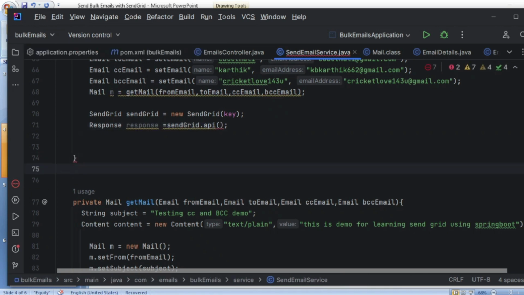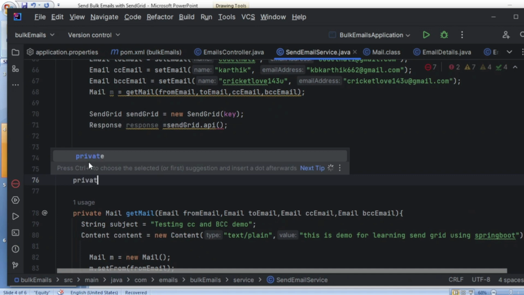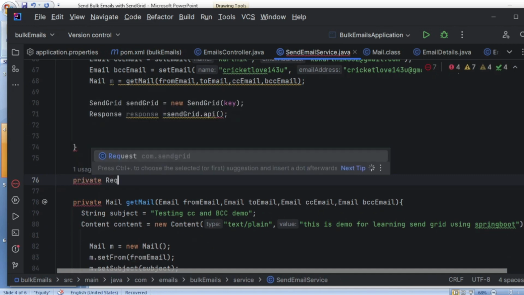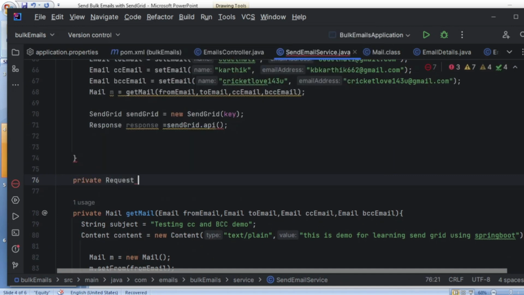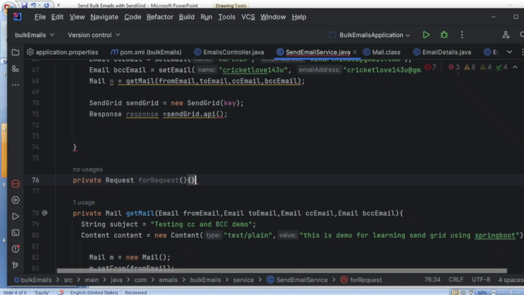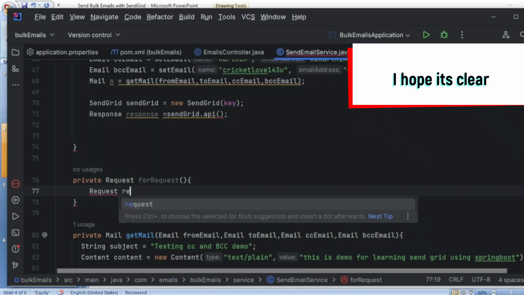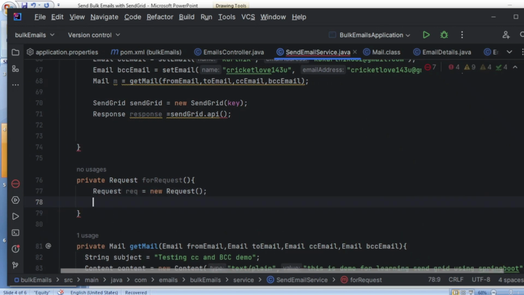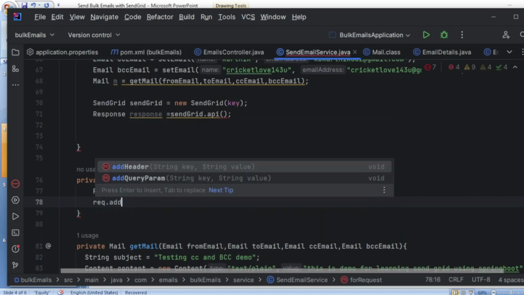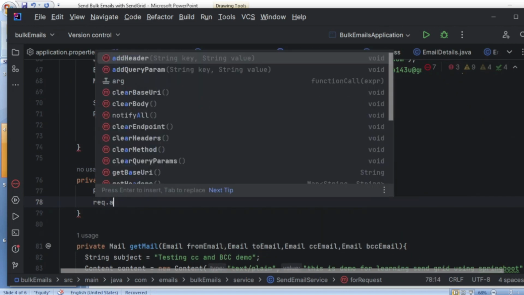Let me keep another reusable method, maybe request is equal to form request. Let me take request, req is equal to new request object, then request dot something like